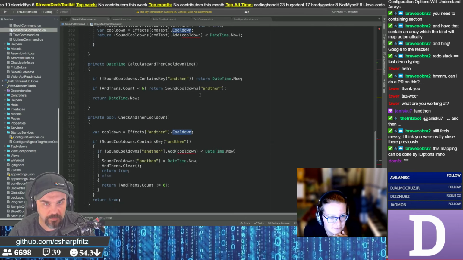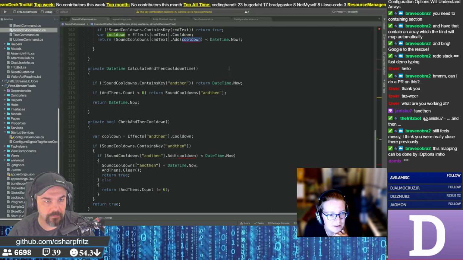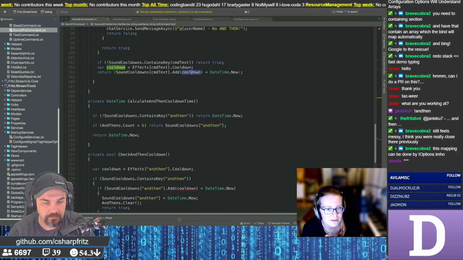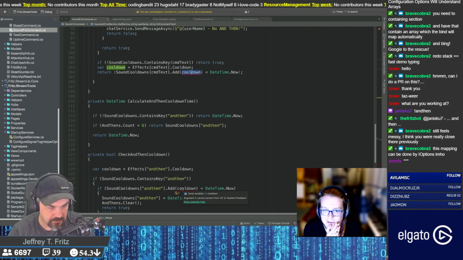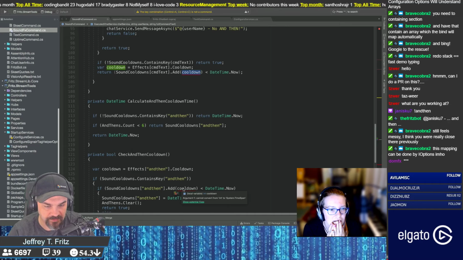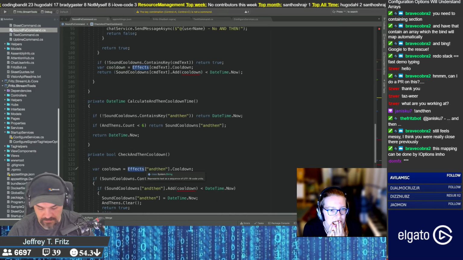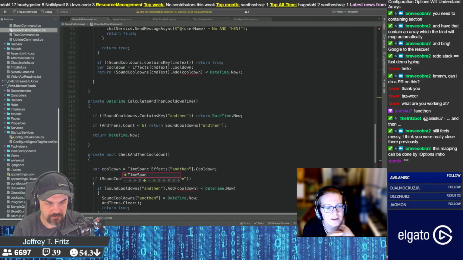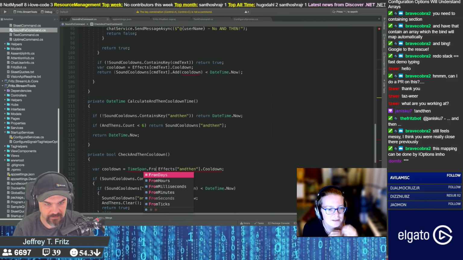Looks like there's one more place. There's another cooldown. There's several more cooldowns. Yeah, but that's okay. From int to time span. Okay, yeah. Time span from